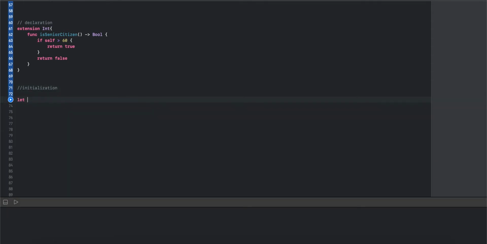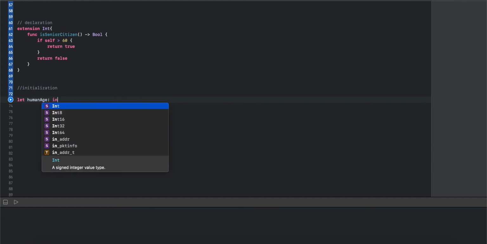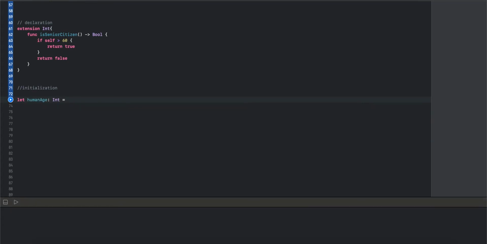let humanAge, type of Int, 89. Then we are going to create a use statement.